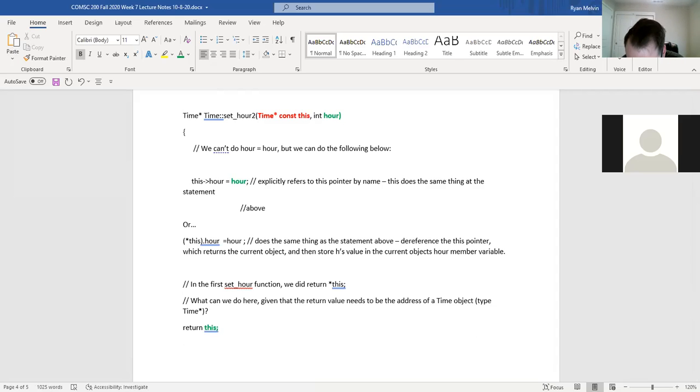Okay, so now we can put all that together and look at an example of this in terms of code. But that was the high level idea, right? That we wanted to be able to chain these function calls together. And then we also mentioned earlier